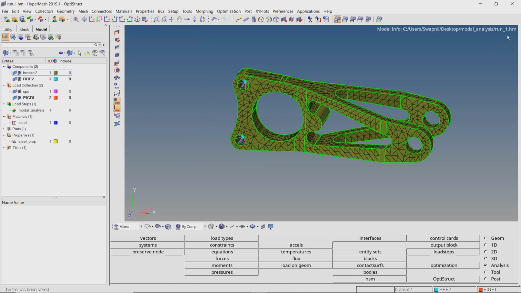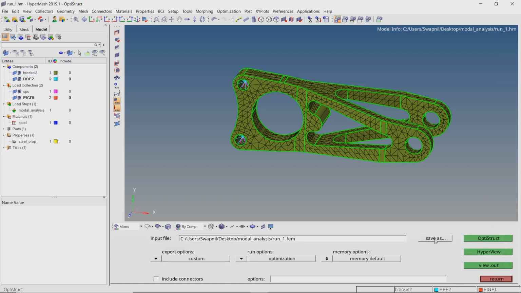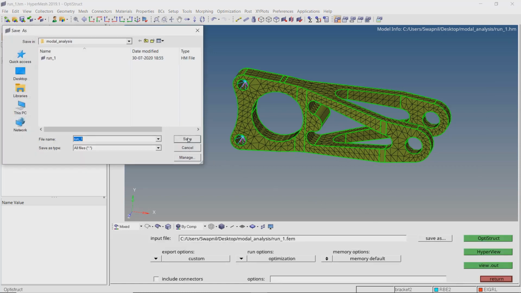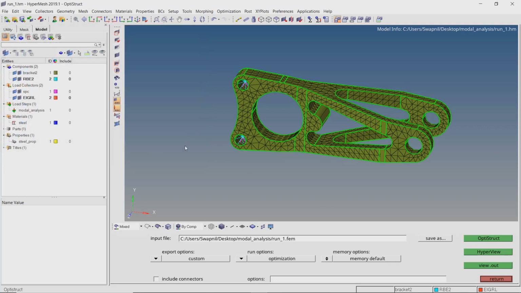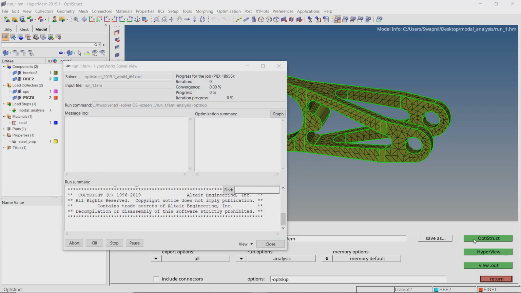Open the OptiStruct tab from Analysis panel. Set export options to all, run options to analysis, and memory options to default. Click OptiStruct to launch the solver and run our simulation.